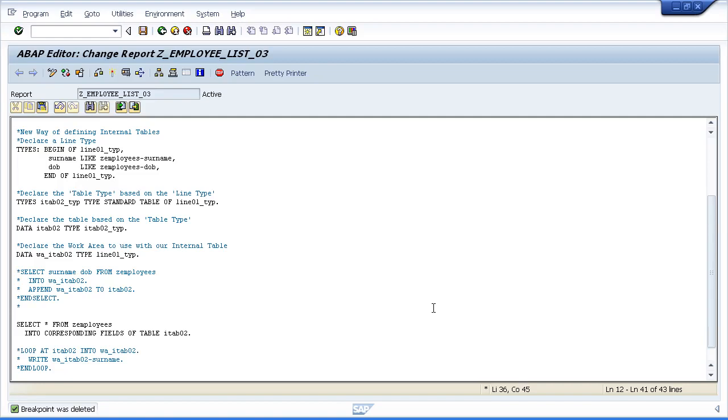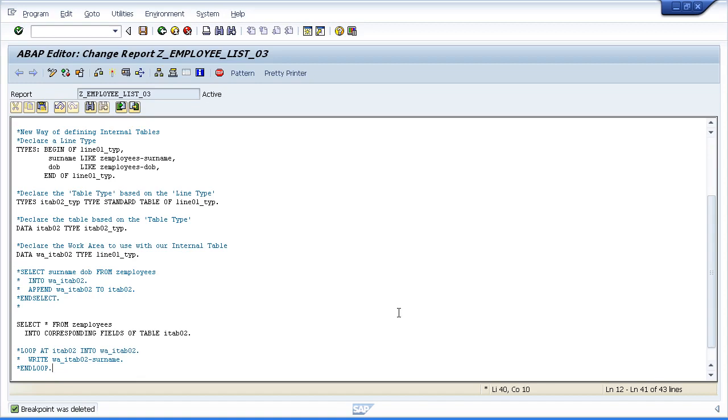So we have learned how to create and fill a standard internal table. Let's have a look at how we would use that data line by line. Now, our internal tables are just tables that are held in memory and similar in many respects to tables that we hold in a database. So let's take a look at how we can read through the records of an internal table line by line